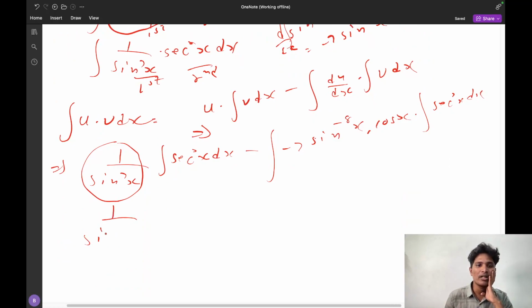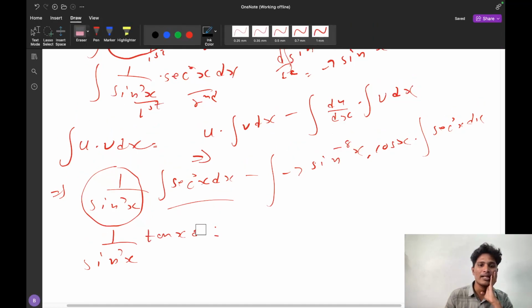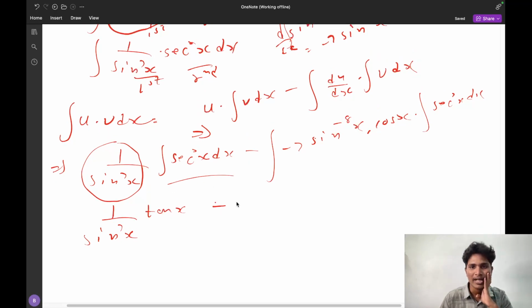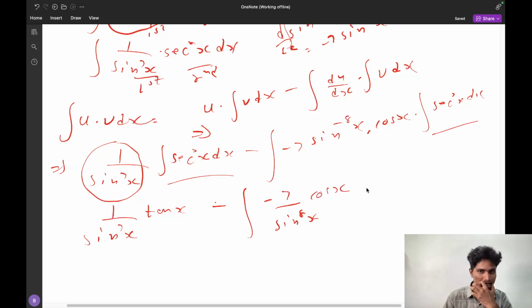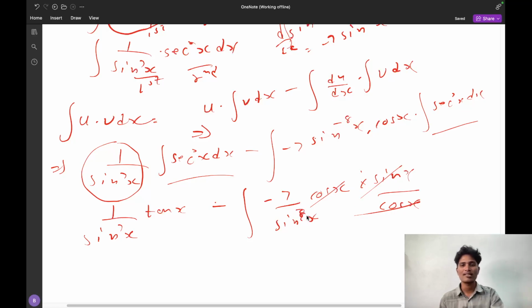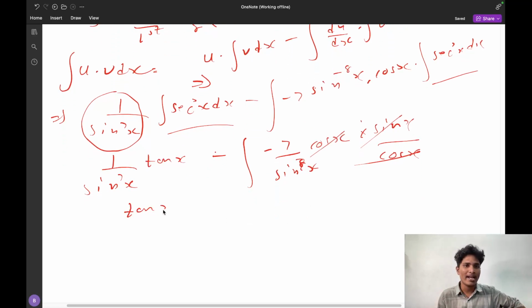Here 1 divided by sin power 7x. What is the integration of secant square x dx? It is tan x, simply tan x. There is no dx again here because we have solved it. So minus integration of minus 7 divided by sin power 8x into cos x. It will be sin x into cos x divided by cos x. If you observe carefully, cos x cancels and sin x power cancels, so it is tan x divided by sin power 7x plus